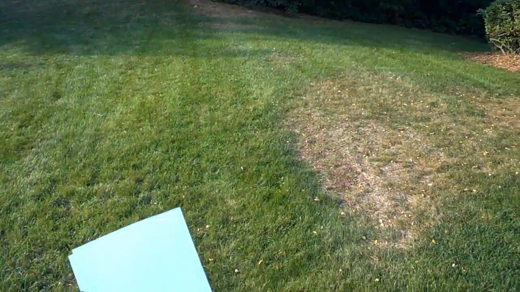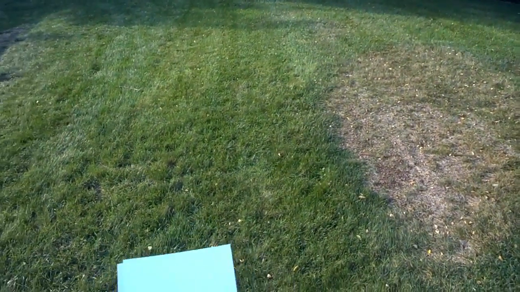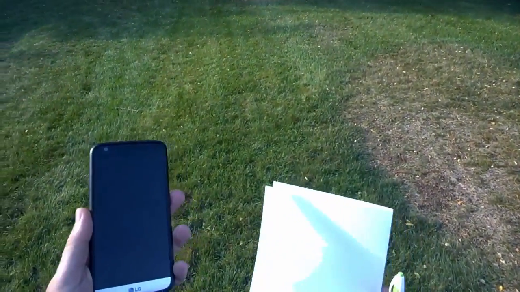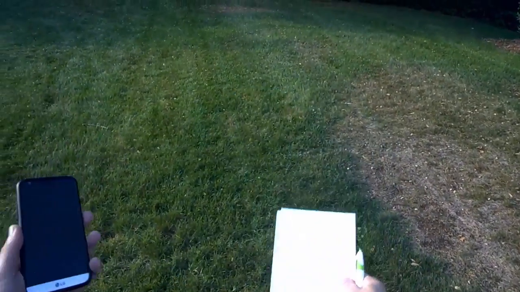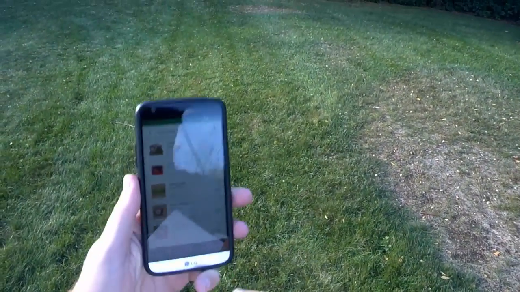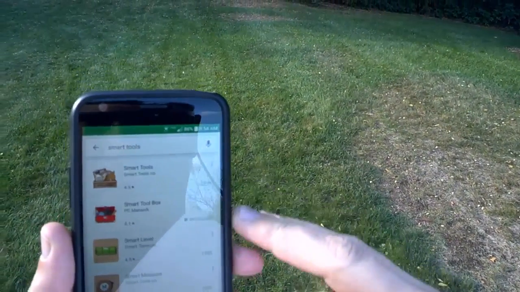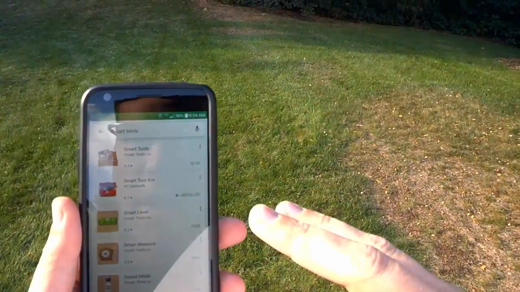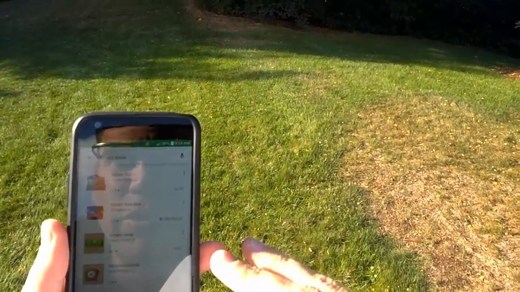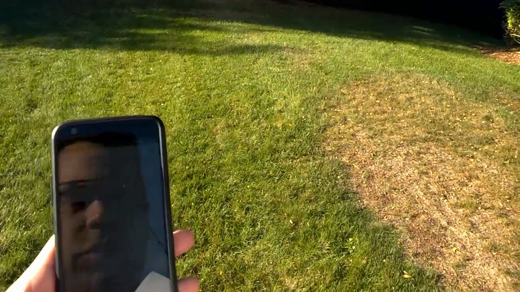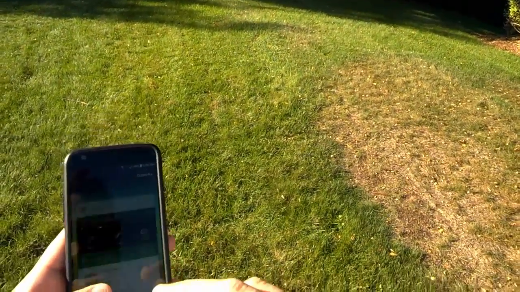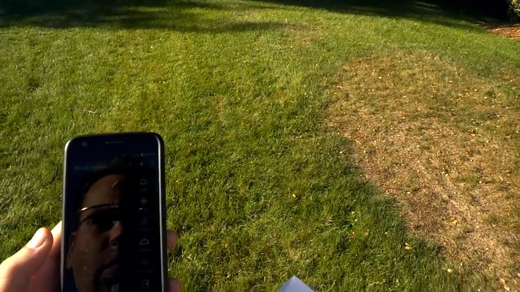Okay, here's how I would suggest that you make your noonday altitude measurements. The easiest way, well, first you need a sunny spot. The easiest way would be to use a Smart Tools app of some variety. You can find compasses, levels, all sorts of apps like that for your smartphone. I have a simple one here that gives me a couple smart tools.